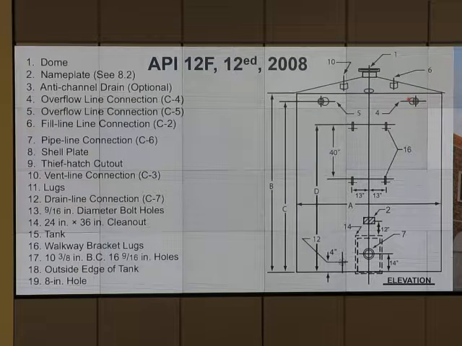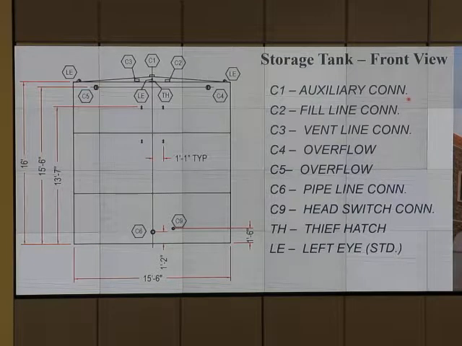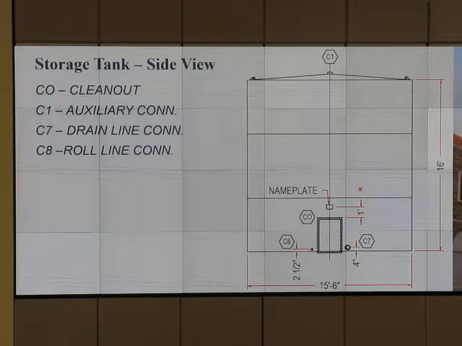On the top, you have a deep hatch or something. So this is the drawing of it. It tells how tall it is. That's one size of tank. And it has a vent line, overflow line, pipeline, cone or something. From the side view, you have that part, right? Clean out. If you want to clean, you go in there. I don't want to go in there. But if you need to clean it, you go in there. Any comment on that?